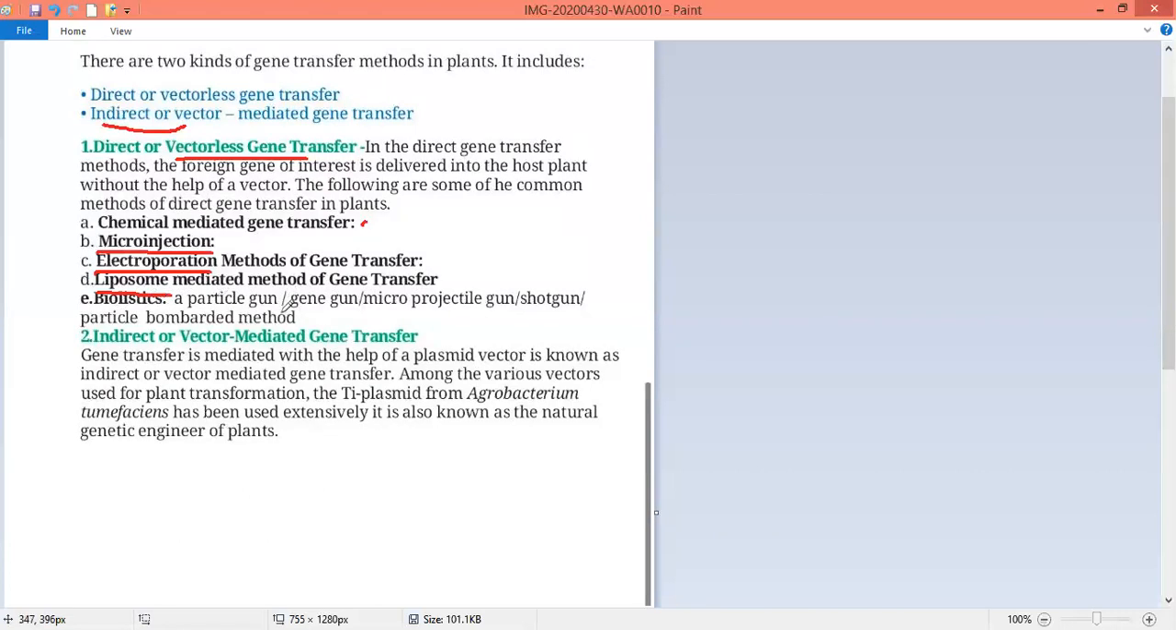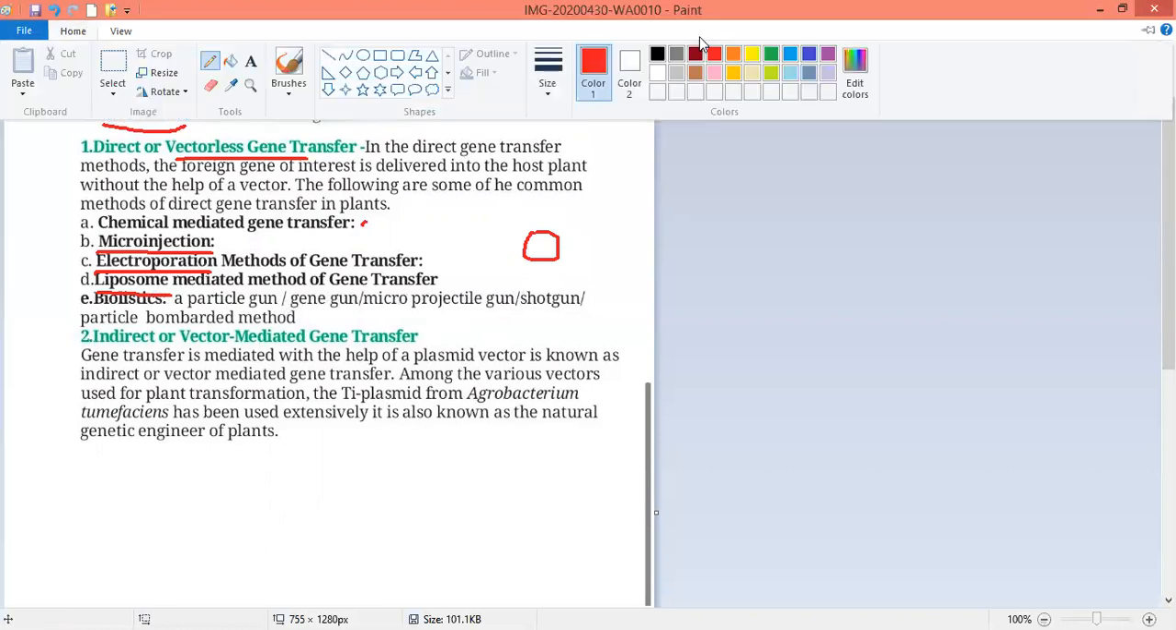And the biolistic method, it has different names: particle gun method, gene gun method, microprojectile gun method, shotgun method, and particle bombardment method, directly shooting. First we need to take different types of metals. You can take, for example, gold as well as tungsten. After taking this gold and tungsten, you can coat it